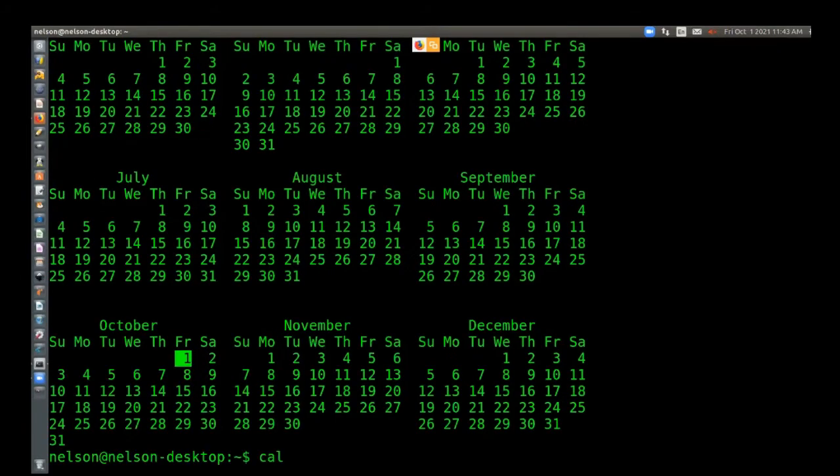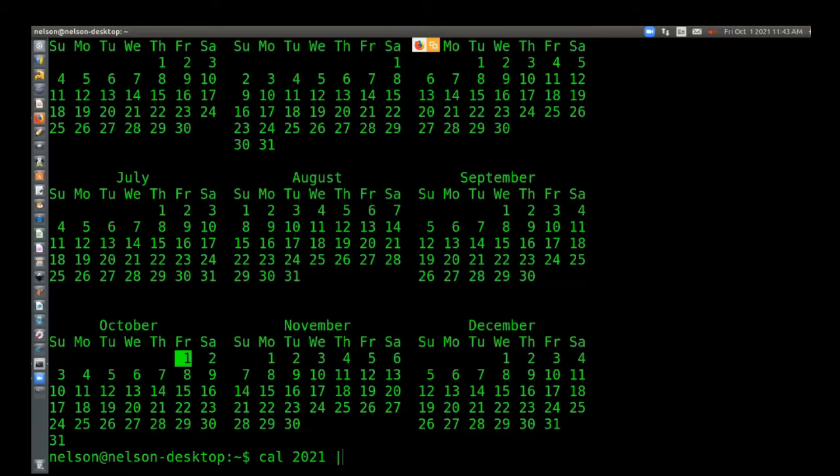For that, cal space 2021 space, then the pipe symbol on your keyboard, and then space more. So these are called arguments of the calendar command.